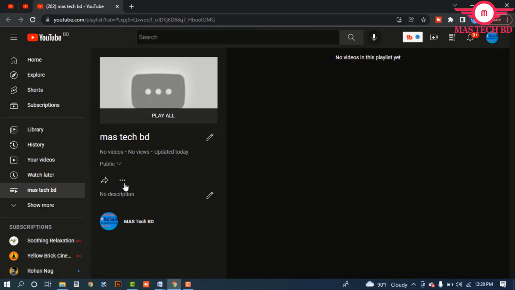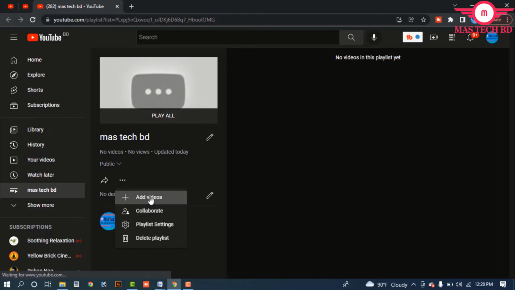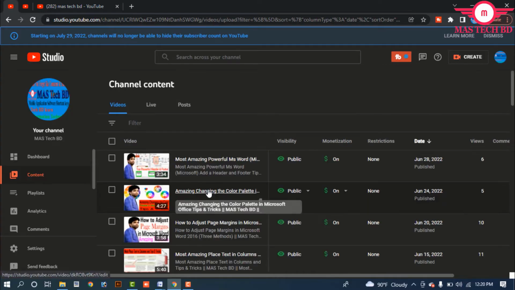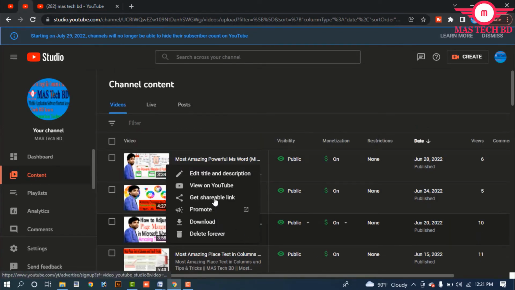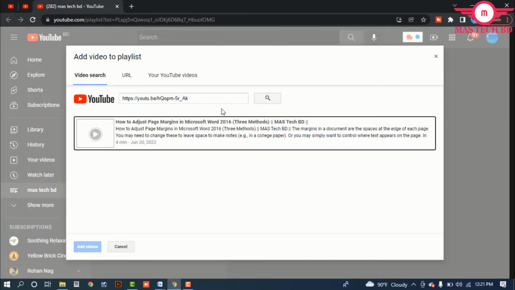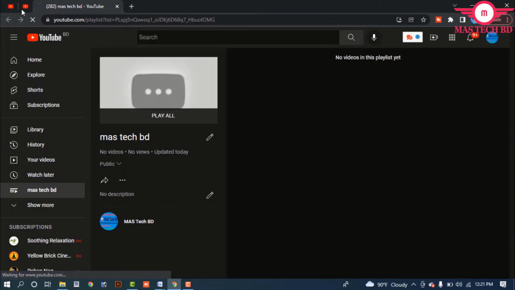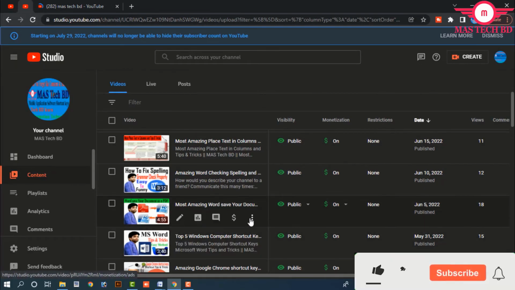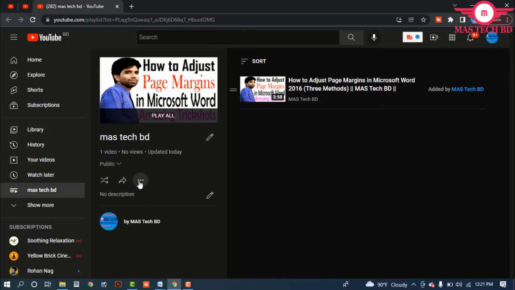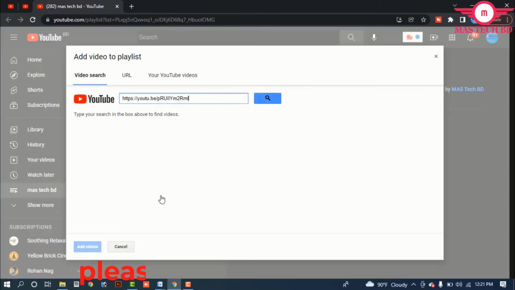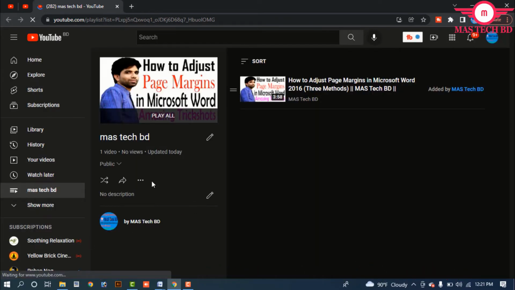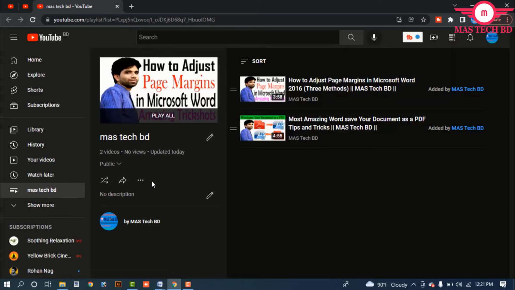And to add any video, then add video, and your video content link is shared. In any type, any video, copy, then paste in the chat, and then the video is automatically added. For another video, share the link, click the three-icon bar, get the shareable link, copy, then paste the video in the chat, and it is automatically added to the playlist and collaborate